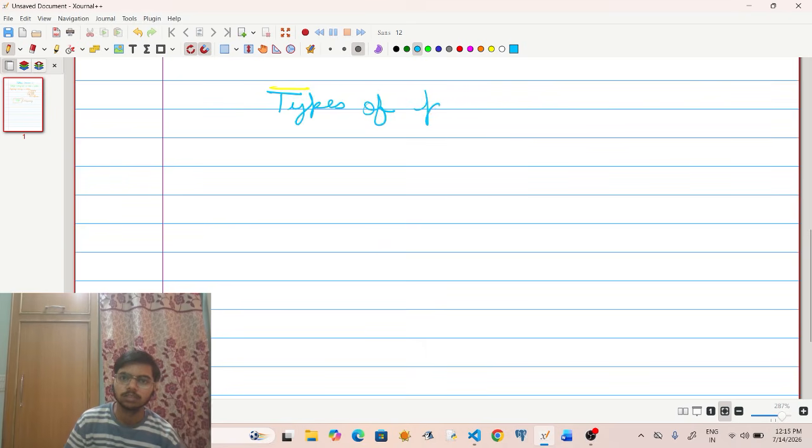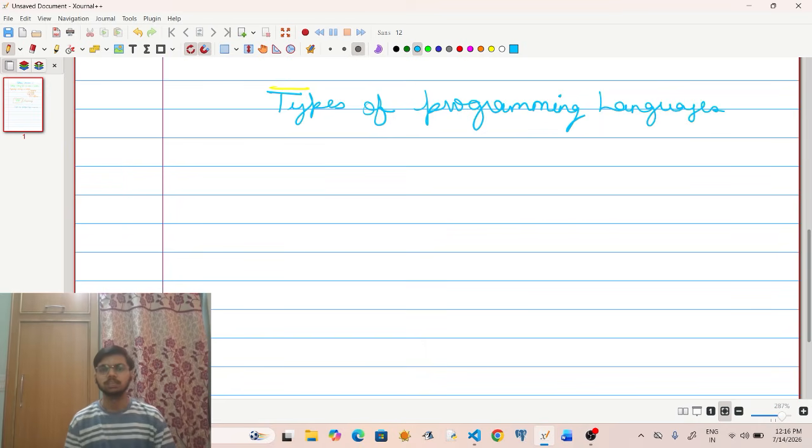Programming languages were made so that we can communicate with the machines, the computer. We as humans communicate with each other through a particular language, like Hindi or English or any other language which you speak.